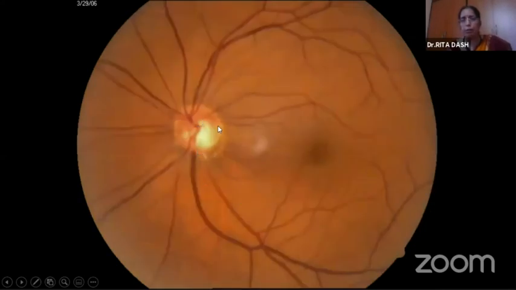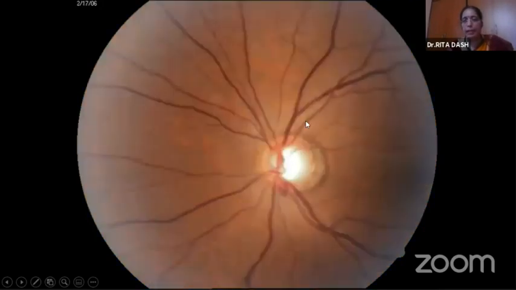This patient also, what I want to emphasize, has a shallow cup. So without careful examination, this can be missed. There is a shallow cup, almost the inferior rim is lost with a peripapillary atrophy and a clear-cut NFL defect, which is very clearly visible in a red-free filter in green light. And this patient has a normal sized optic disc with a disc hemorrhage and peripapillary atrophy. This case presented to us for a routine glass checkup, but the pressure was around the 20s. Both eyes have similar cupping, but one eye has a disc hemorrhage.